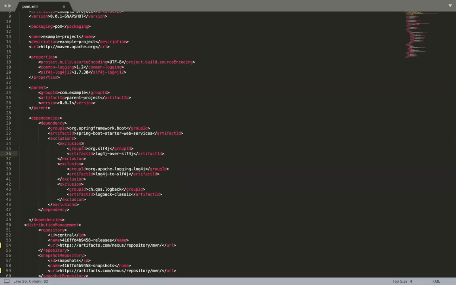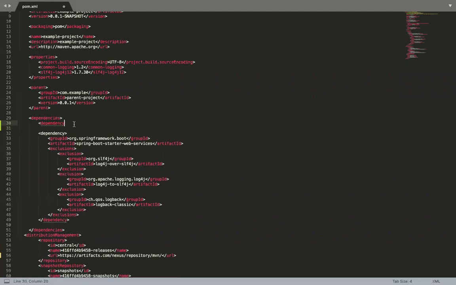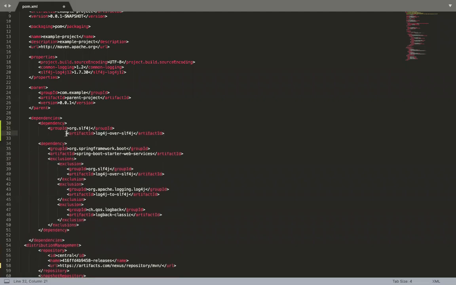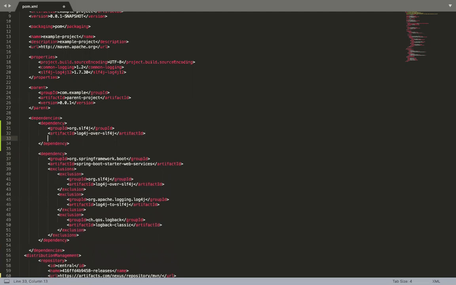And let's say you want to exclude it from here, but you want to specify a specific version for your project. You can simply add the dependency tag and provide the group ID and artifact here. Let's close this dependency tag. So this is how you define it. You can provide a version either here, or it would be resolved to whatever is suitable with the parent we are using here. Or you can even define the version here in the properties.